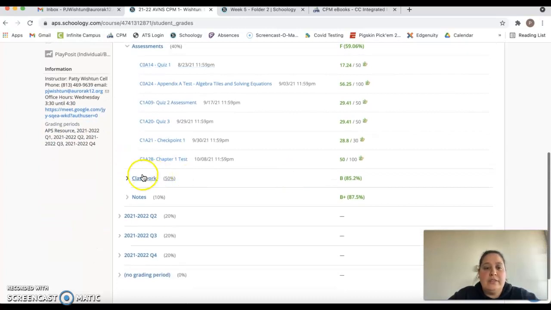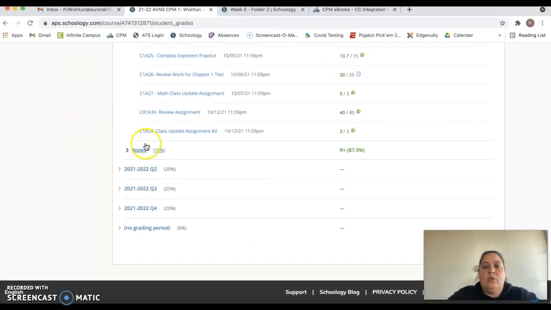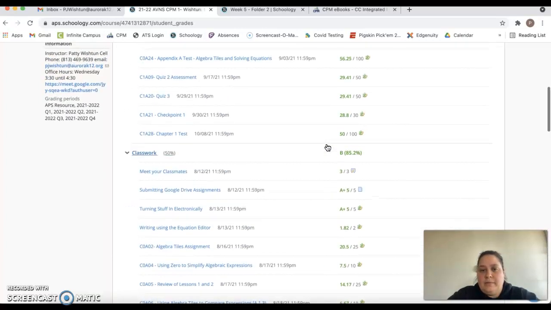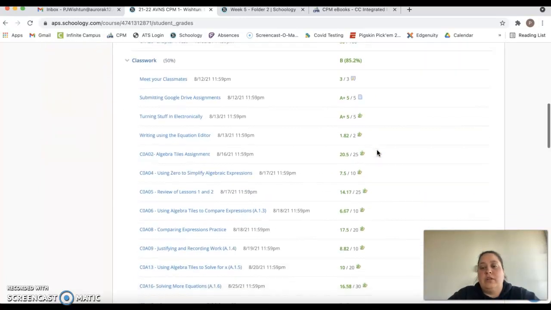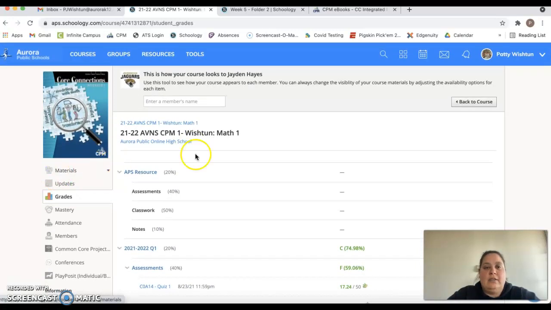Again, you can tell the difference between whether there is a missing assignment or whether there is a 0 based on what it looks like, right? Sorry, I'm scrolling a lot. So you can see there's an actual grade here. They got 17.25 out of 50, and so on and so on. You can see if there's lower grades. There's normally a little